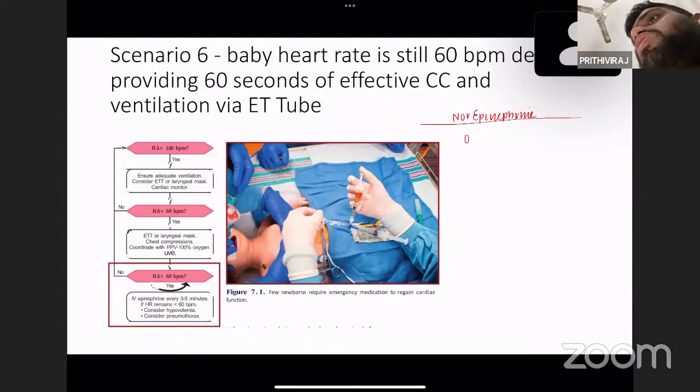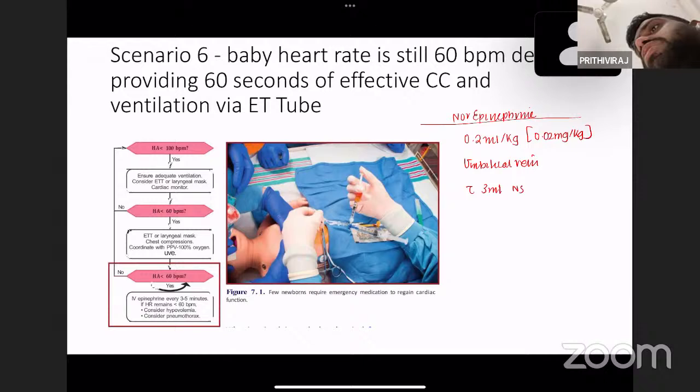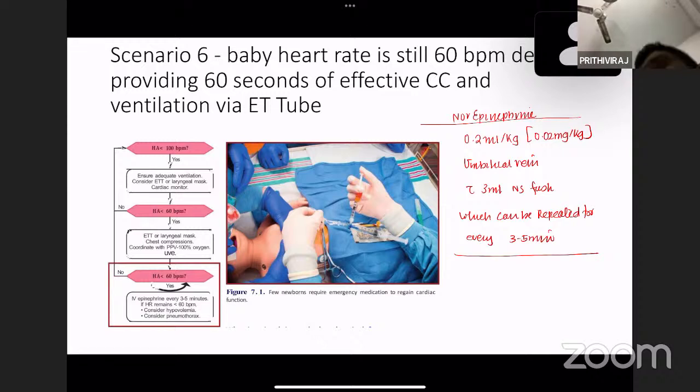So norepinephrine, the dose is 0.2 ml per kg or 0.02 mg per kg. That should be given to umbilical vein, with 3 ml NS flush, which can be repeated every 3 to 5 minutes till the heart rate improves. Once heart rate improves more than 60, then stop giving norepinephrine, stop chest compression, then go with just positive pressure